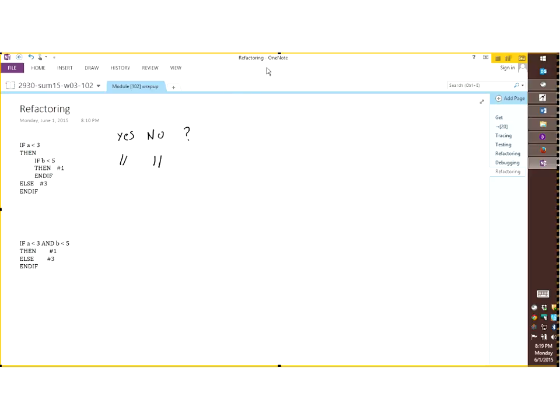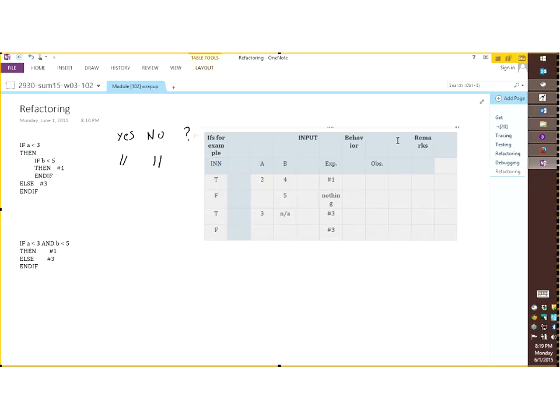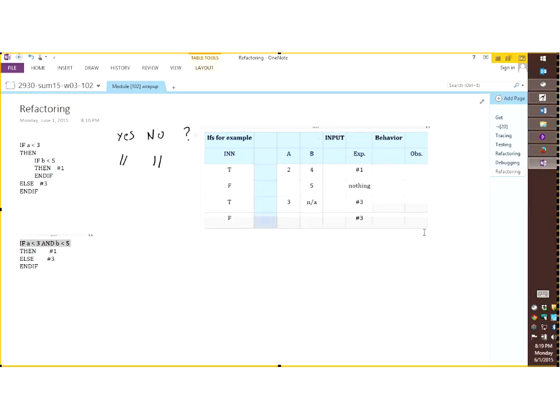So let's try something. I'm going to try to save us a little bit of time, bear with me. I'm going to try to cut and paste this table here. I have no idea how it's going to look, so let's try. Well, it's not as good as it should be, but I think we can work with that. Let me remove the stuff we don't use here. Behavior. I'm just going to keep the expected column here. I don't know if this thing would let me. No, probably not.